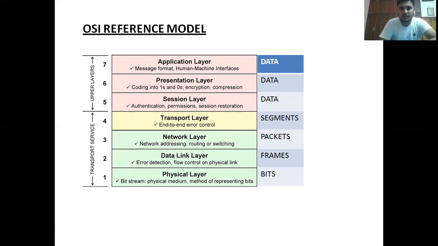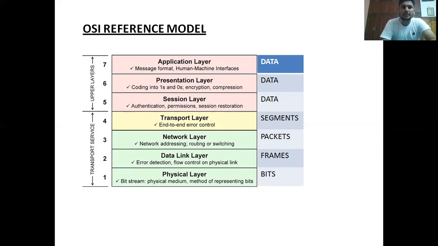Right. So the physical connection establishment is done at the physical layer. Thereafter, the data link layer converts the data bits into frames. Next, the main role is played by the network layer, which converts the frames into valid packets, and the transport layer converts packets to segments. It has to transport the data, and what happens there we will discuss in the next videos.